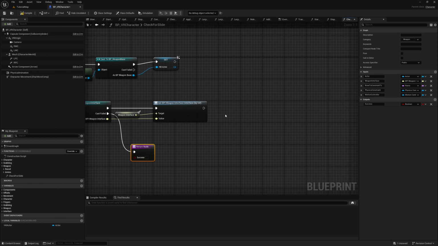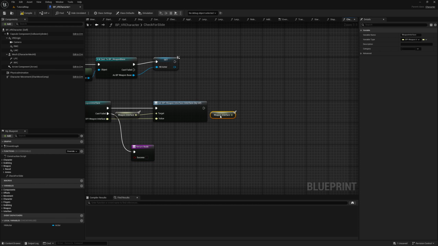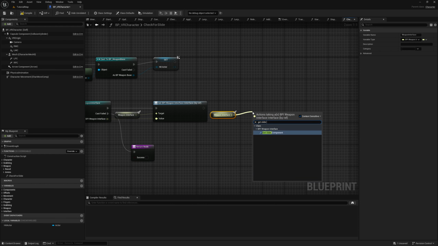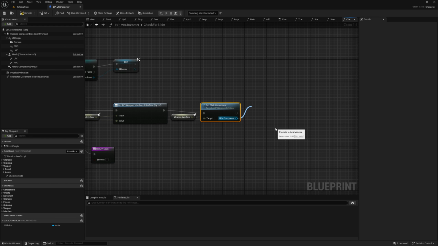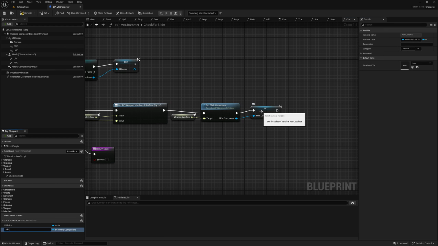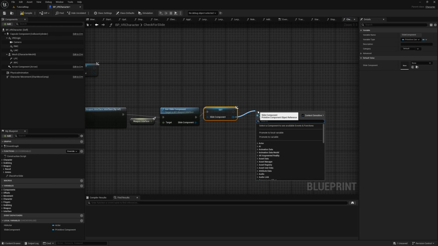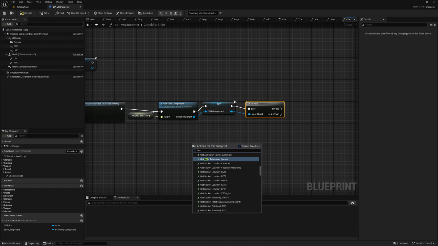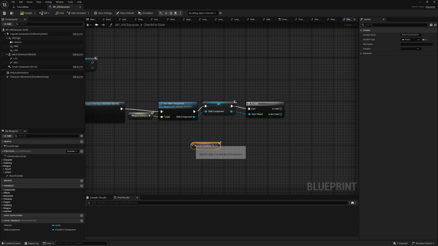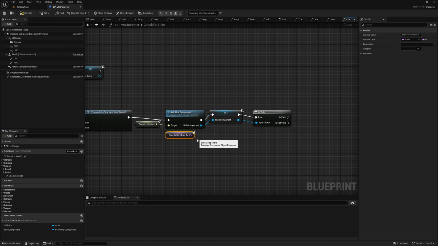However, if it's successful, we want to get the weapon interface, get the slide component, and then create another local variable called slide component. Check if it is valid. Is valid. There we go. And then we want to get the bone to constrain to. And so we don't always have to append the name together and only do it once in one single place,